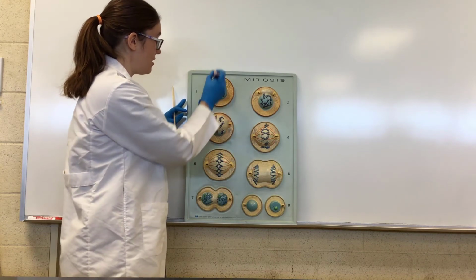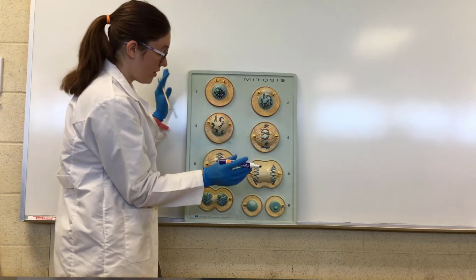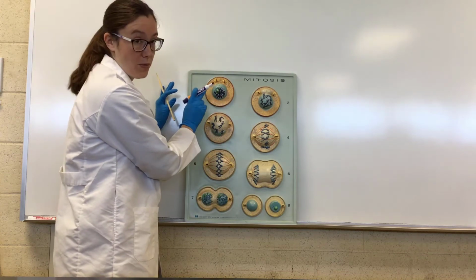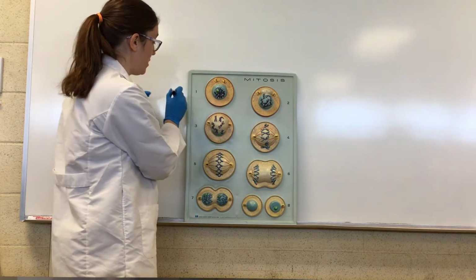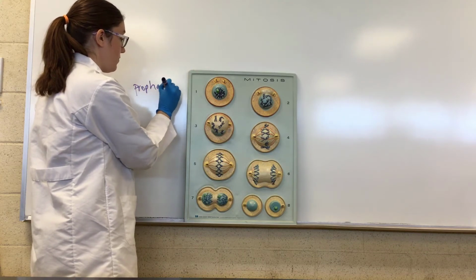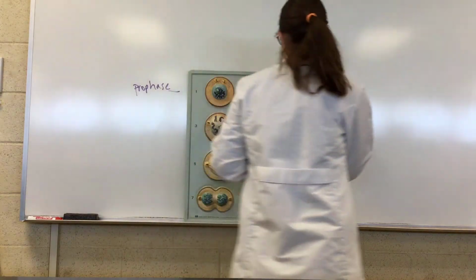So because our chromatin has already condensed into chromosomes, we know that we are now in mitosis. All right, so this is not interphase anymore. Once the chromosomes condense, it's going to be prophase. Right, so this is going to be prophase, and it's kind of the earlier prophase here. Next, we're going to move over here,